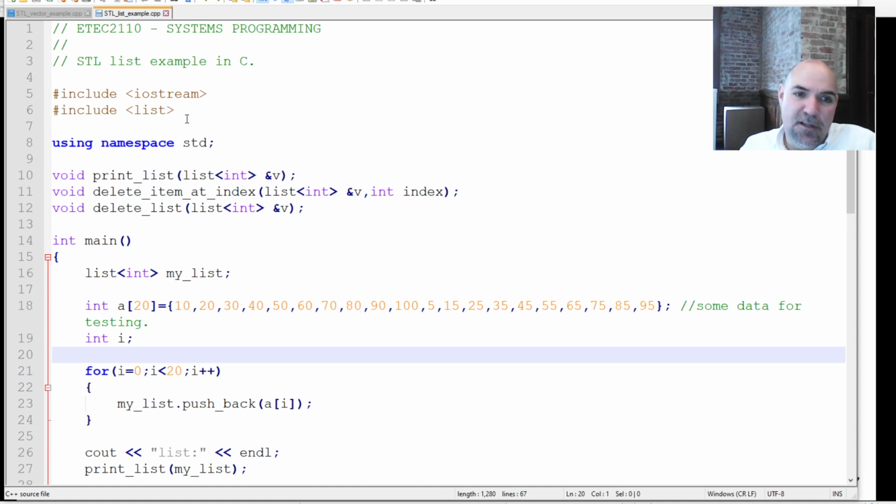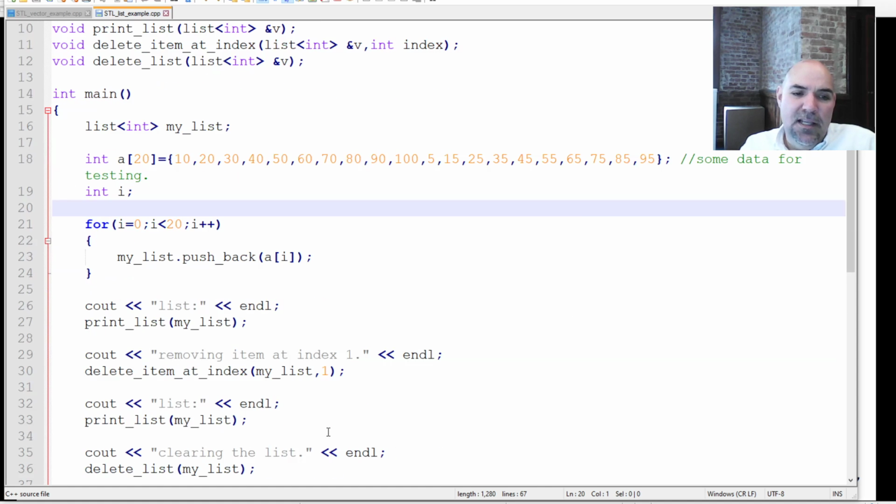So this is us, the list example. So down here, list, and I'm making a list of integers, int list. Here's my array. I'm just going to go and push them all on the back. So this is pushing them all on the end of my list that I created. So I'm going to get all of these items here pushed onto the end of that list. And now I'm going to call my print list function,